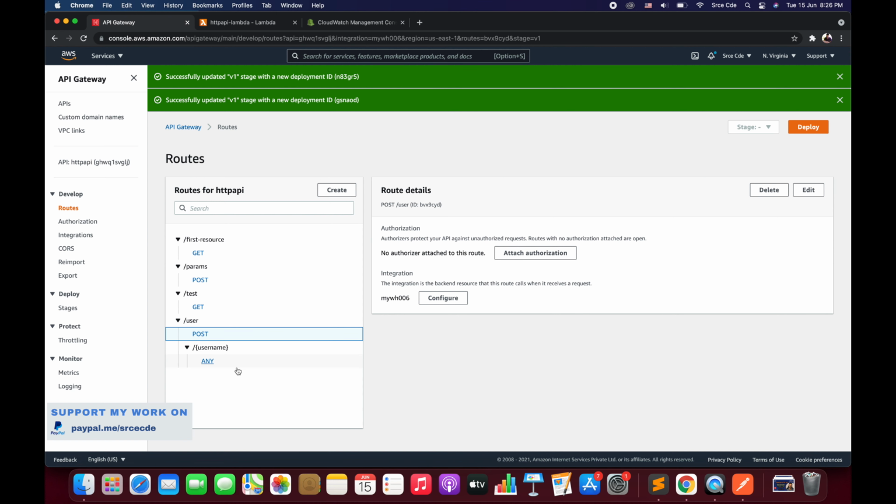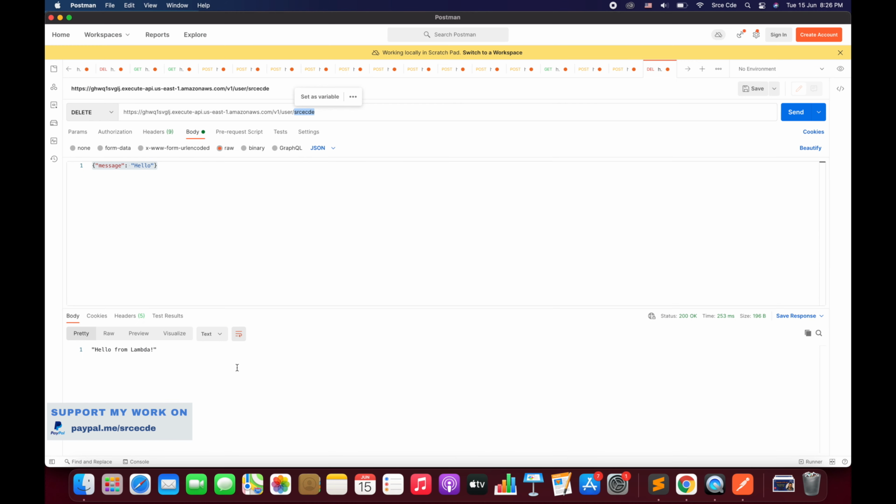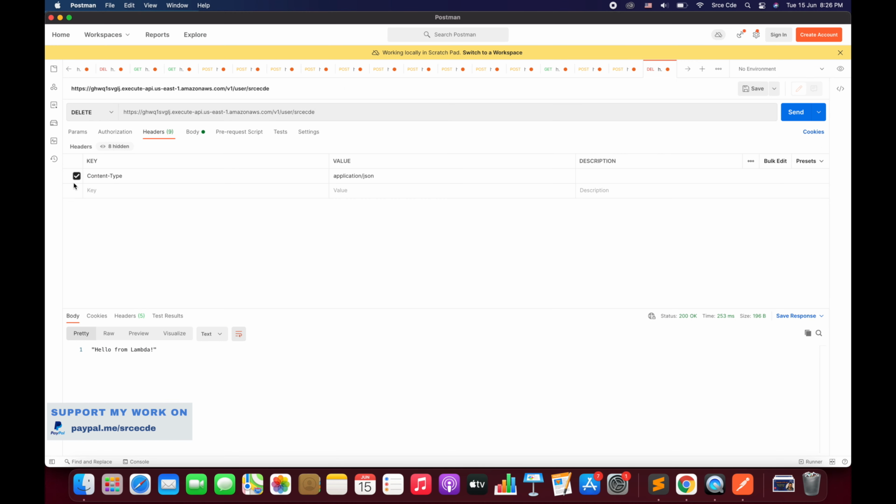gateway, right? Since we want to perform the CRUD operation, for example, I want to delete this username, and we don't want to pass the payload or anything, correct? So I will say none over here, and we will simply say send. As you can see, it returns status code 200. The invocation is successful, correct?